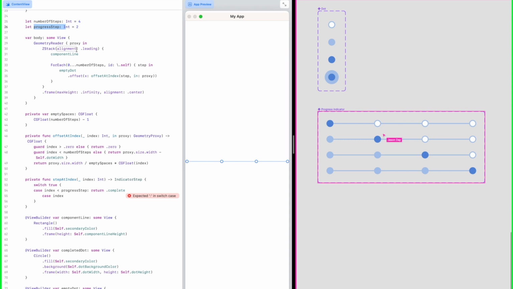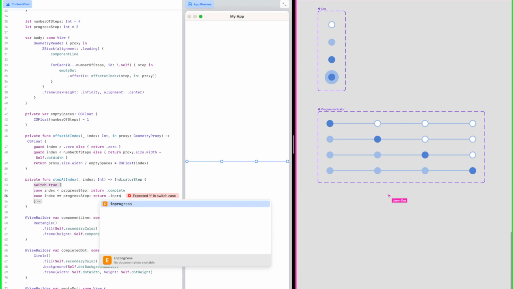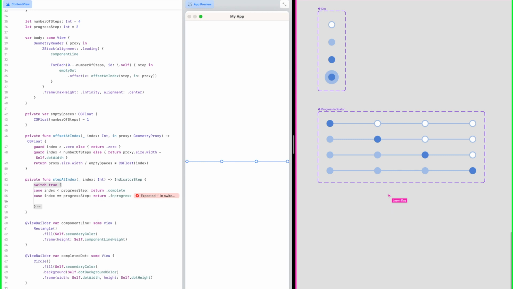So if the index is less than that step, then it's complete, right? Okay. Because they're past it. If the index is equal to the progress step, well, that means it's in progress because that's their current step. Right. The index, though, is greater than the progress step. Well, that means it's not